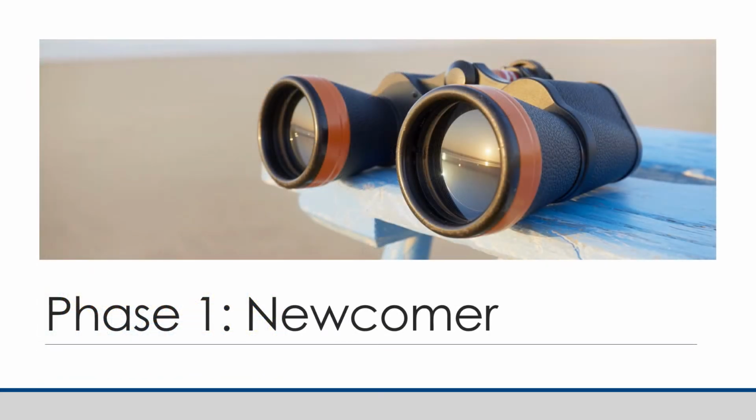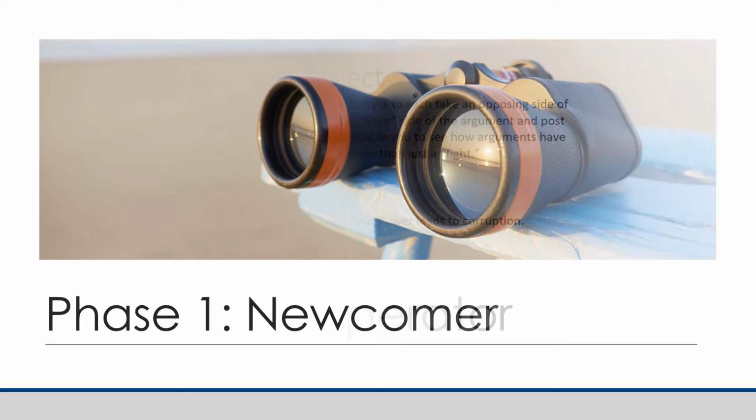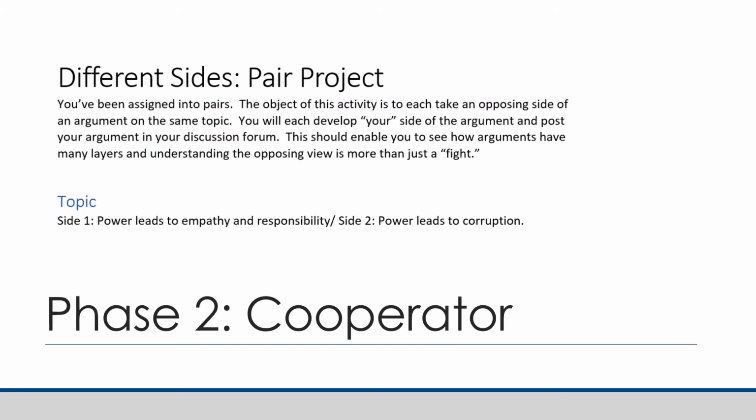In Phase 1, newcomer, students participate in the scavenger hunt introductory activity, which helps them get to know their classmates. In Phase 2, cooperator, Instructor Faherty has students work in pairs on activities that require critical thinking and/or reflection. They do this by completing a different sides assignment, where pairs of students argue from opposing viewpoints, then reflect on